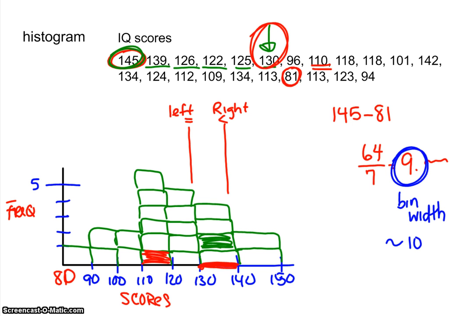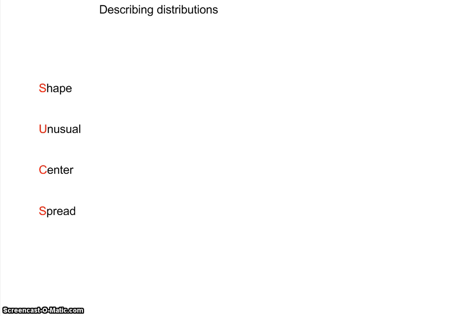And a lot of times what I'll do then is I'll put down in here how many observations actually fell, because sometimes it's kind of hard to see your vertical axes. And then again, remember how we can go back and put these things in our calculator. This is how I do it by hand, but we also talked about how we could do it with the calculator, which you'll do a lot more of. Now, once we get our distributions together, what we're going to do is talk about describing our distribution, which includes